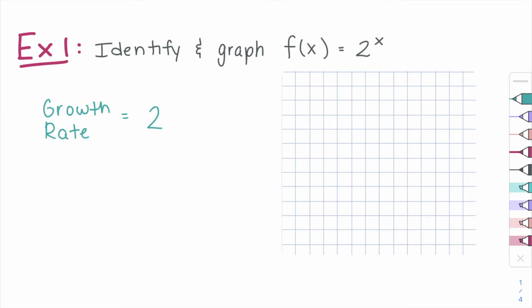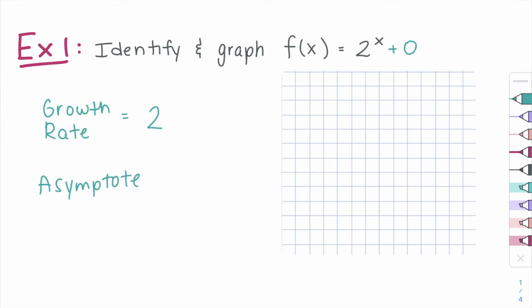Do I have anything else going on in that function? No, right? I'm not adding anything. I'm not multiplying anything out in front. Not at least that I can see, right? But if I took this and I added in a plus 0, I'm not changing it, right? So if you're not physically adding anything at the end of the equation and it asks you to find the asymptote, it's just 0 because there's nothing being added or subtracted there. So in this situation, my asymptote